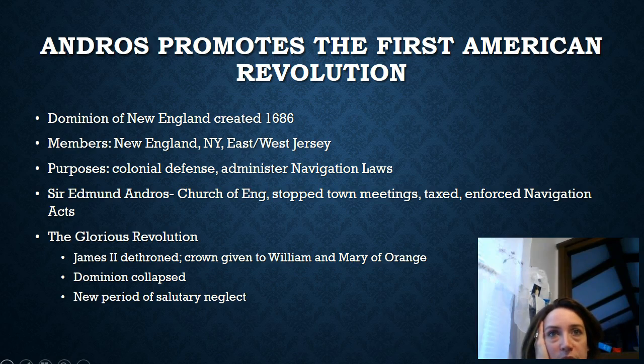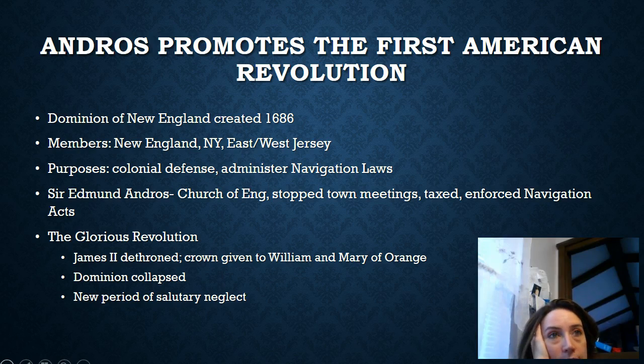And in the period of the Civil Wars with the benign neglect, no one was enforcing those rules. The rules in terms of the Navigation Acts were things like only shipping in English ships or vessels, only going through English ports, all of these things. So we create this Dominion of New England with Sir Edmund Andros in charge to really enforce those and rein in any of this individual self-rule that had been allowed to happen. It's very unwelcome. Obviously, the colonists were used to navigating themselves, and now there's someone here saying, no, you have to listen to us.